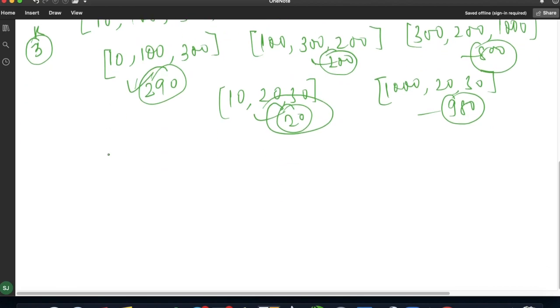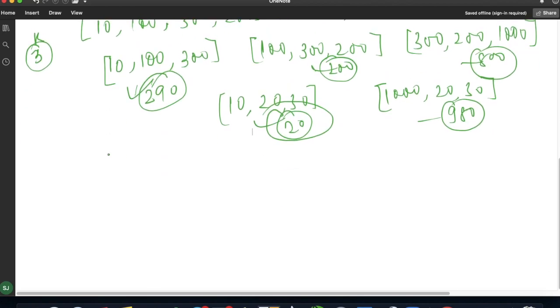So the approach is, the very first thing is we will simply sort the array.